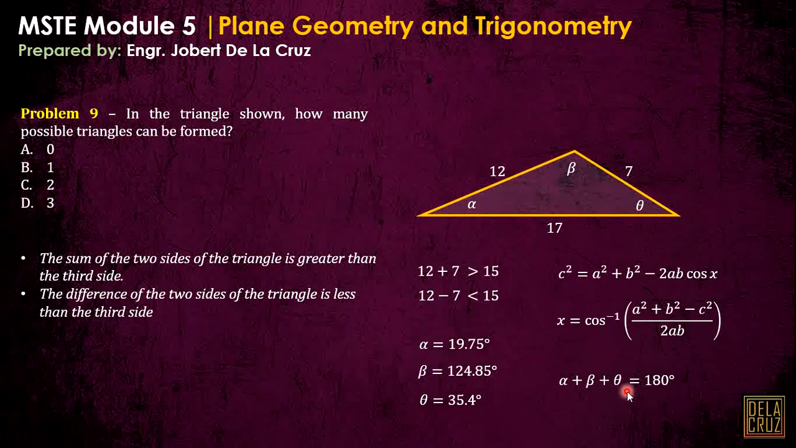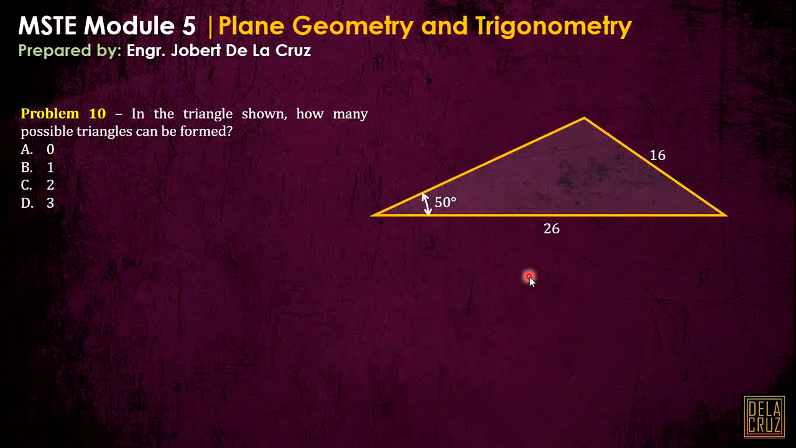So, kailan ba mangyayari na may dalawang triangle na makukuha? So, ito yung problem na yan. Ambiguous case of sine law kasi yan. Okay, problem 10. Given we have two sides, this one 16 and 26, and also we are given one angle